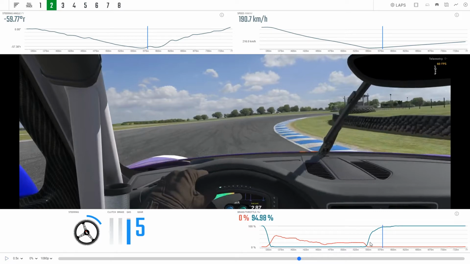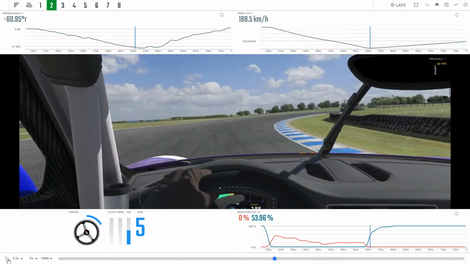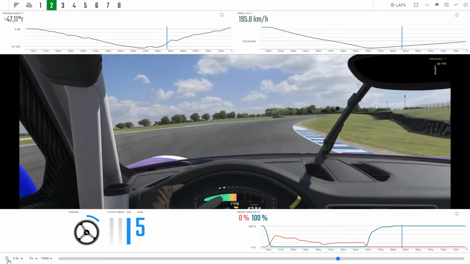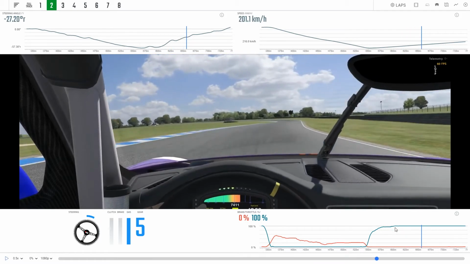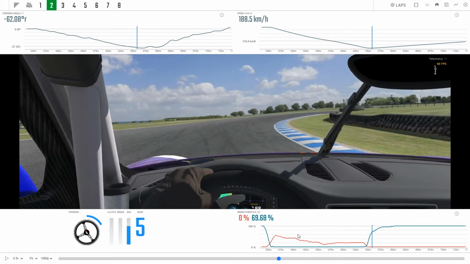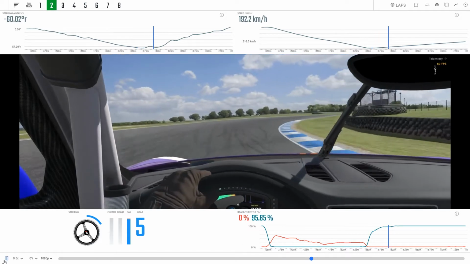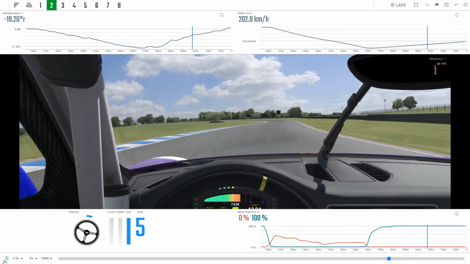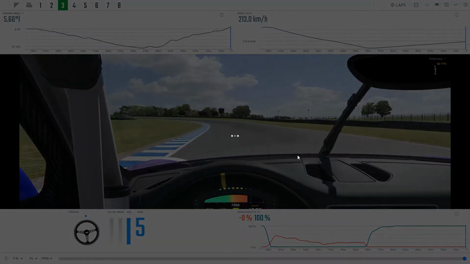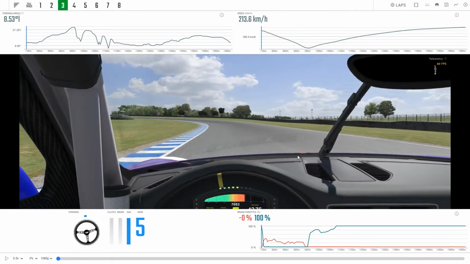And then on the exit, to overcome the front end getting light, he gets on the power really quite firmly, and that puts him right on the edge of traction at the rear end and continues that rotation again. So it's all about reducing understeer, and he reaches full throttle fairly soon, but doesn't reach full throttle immediately. So it's that first 60 or 70% that you need to be quite hard and then just modulate and feel for the grip, and obviously try and use all the track, open the car up,